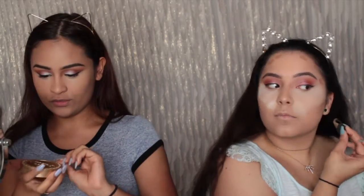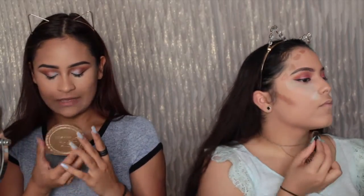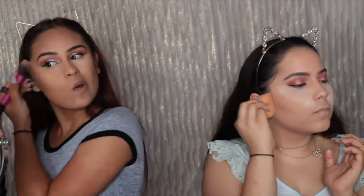Oh, I forgot. I'm going to use the Too Faced Chocolate Soleil. This is so good. I love it. I had one and I used almost half of it and then I broke it. And I use this to blend out my contour. Just make sure there's no...